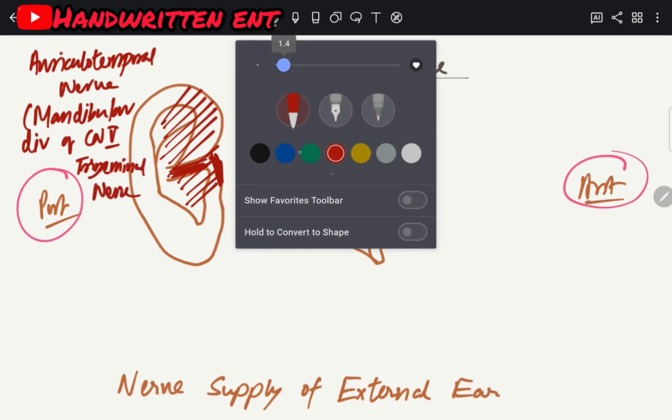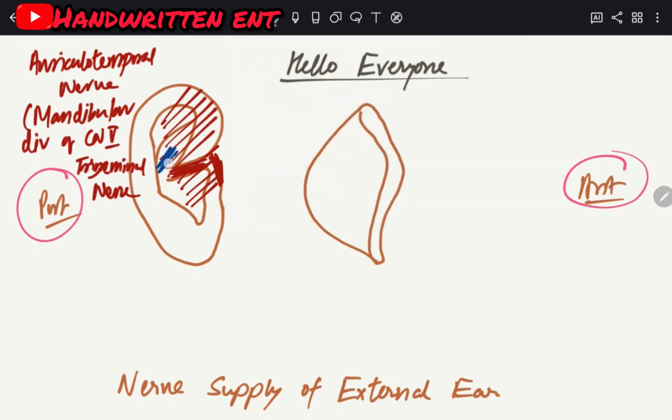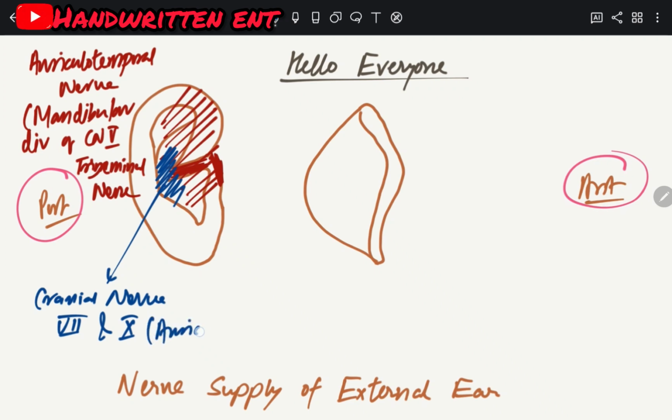The concha region is supplied by cranial nerve 7 and 10, that is the auricular division of vagus nerve,